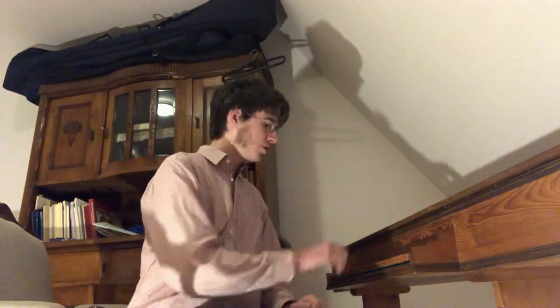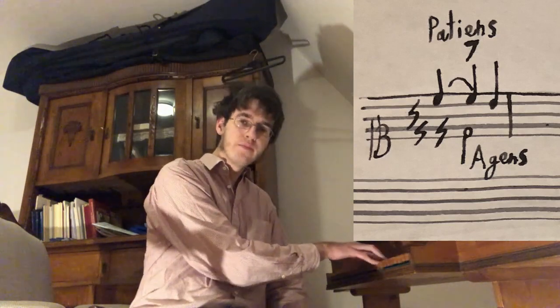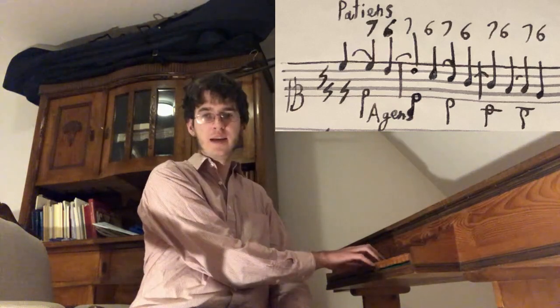You have one dissonance which is prepared, so you have, for instance, a C, and then another voice makes a seventh, and then the C resolves stepwise down. So we have a C, a D comes against the C, and the C resolves down to B. And then we could make another dissonance by making again a seventh and a sixth